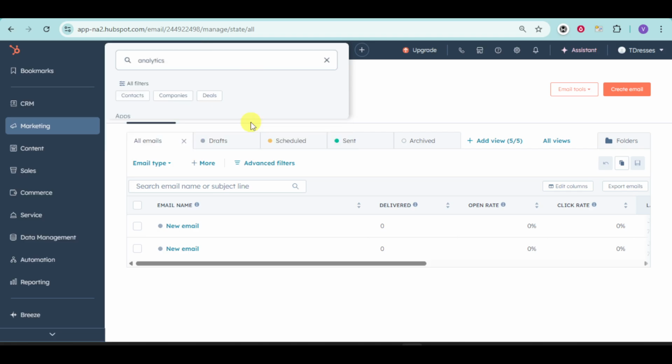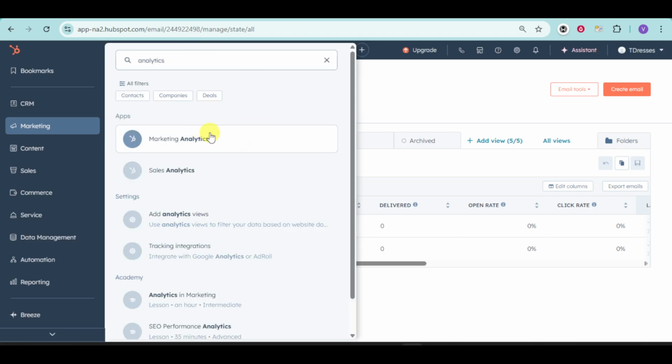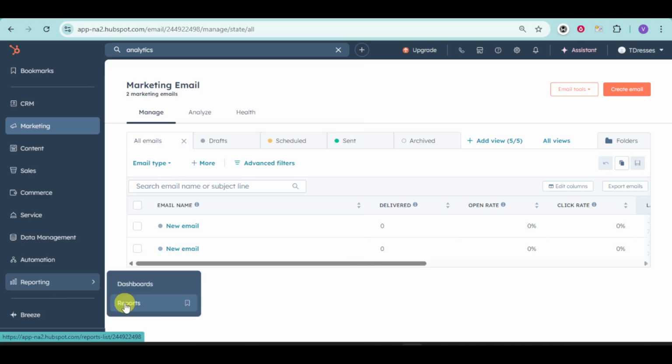Now in here, it will load the search results. You can see right here the analytics for marketing, for your sales analytics and the likes. So as of right now, we have these apps for marketing and sales only. And if you want to access the traffic, you can head right here to your reporting and click on this